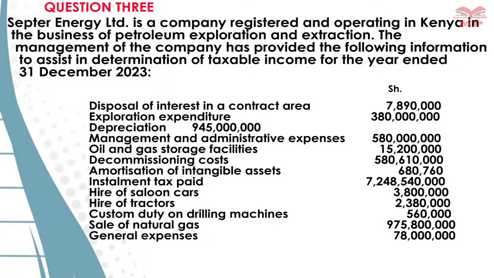Hire of tractor, a figure of 2,380,000. That is also an allowable expense. Then we have what we call